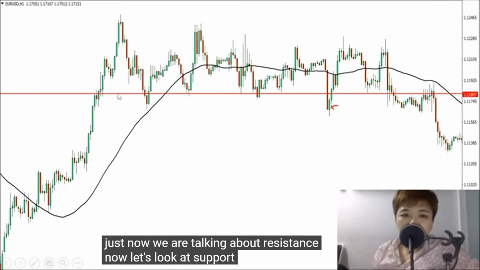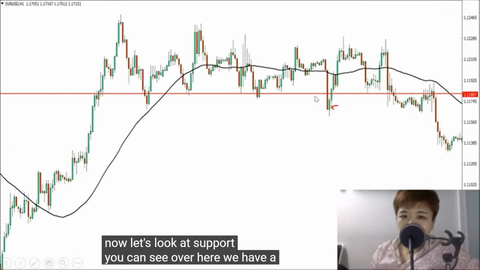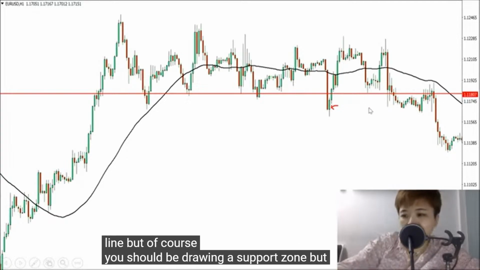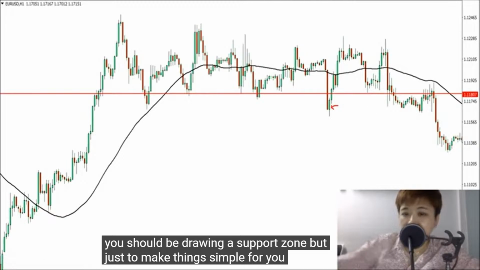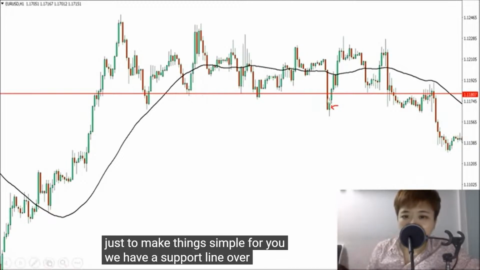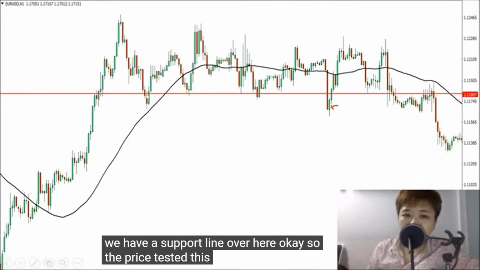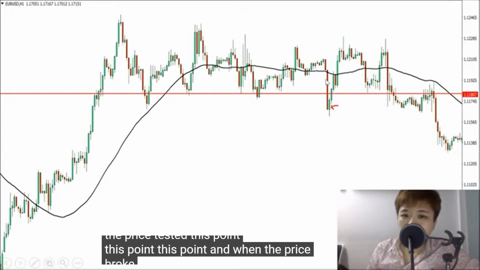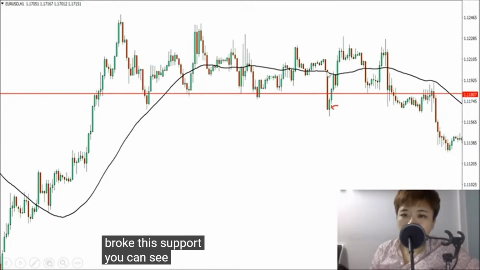Now let's look at support. You can see over here we have a support line, but of course you should be drawing a support zone. But just to make things simple for you, we have a support line over here, okay? So the price tested this point, this point, this point. And when the price broke this support, you can see a big